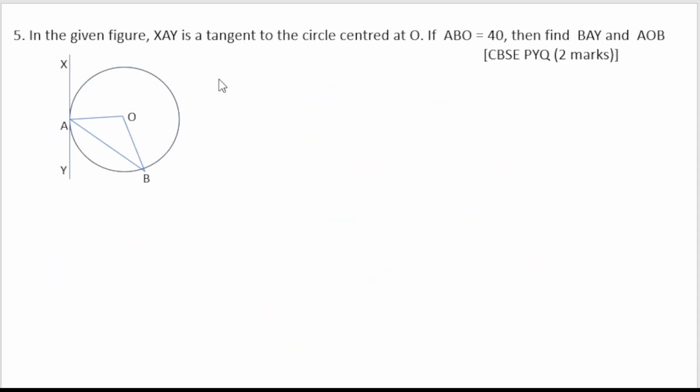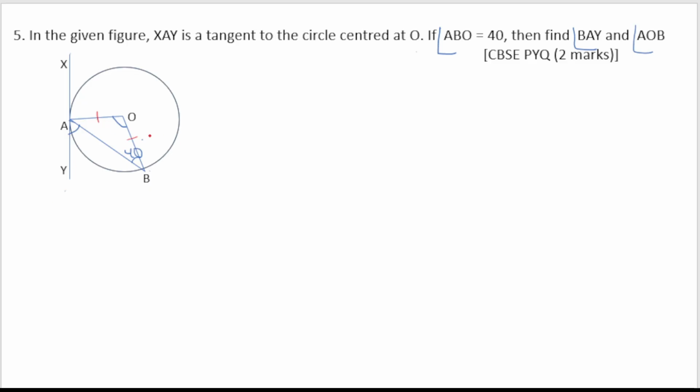Next question. In the given figure XAY is a tangent to the circle centered at O. If angle ABO is 40 degrees, then find angle BAY. We have to find BAY. We have to find this angle and angle AOB. And we have to find this angle. Okay. See,